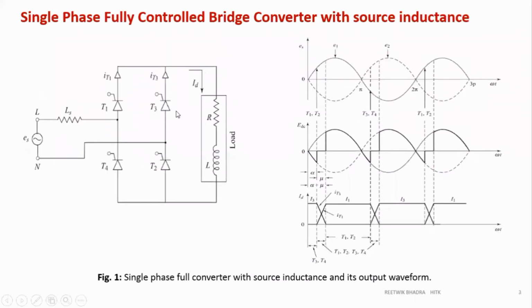Why is it lowered? You can understand, because at the output, what will be the output? V naught is equal to ES, we write down, right? Or VS, whatever we want to write down. But there is an inductive element over here. So there will be a drop across this inductive element. So if you apply KVL, you will get ES equal to some drop across this LS plus your V naught. Previously, ES was equal to E naught or V naught. So it was equal, but now this drop plus this drop adds up to be ES. So if you calculate your V naught, it will be ES minus this drop. So the drop across this means the load voltage reduces.